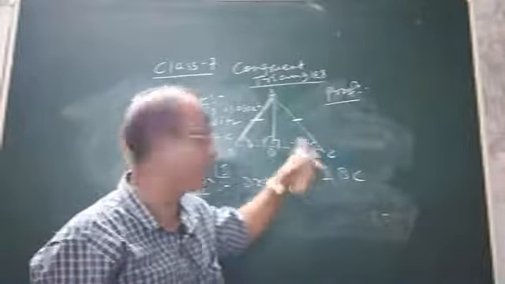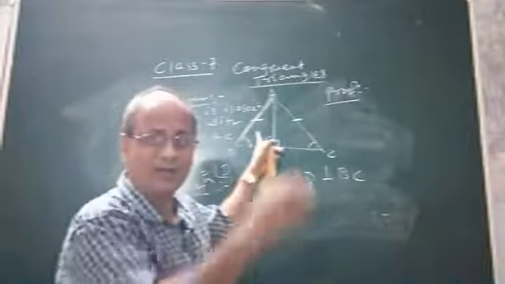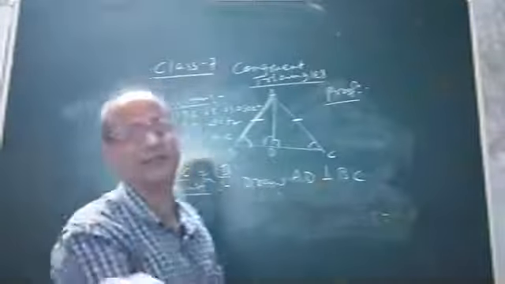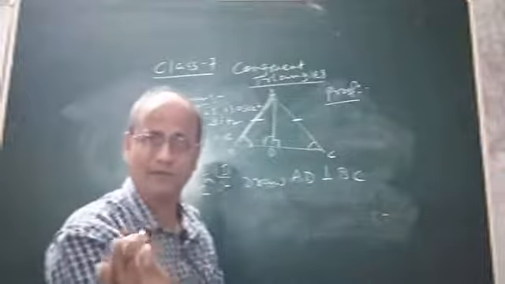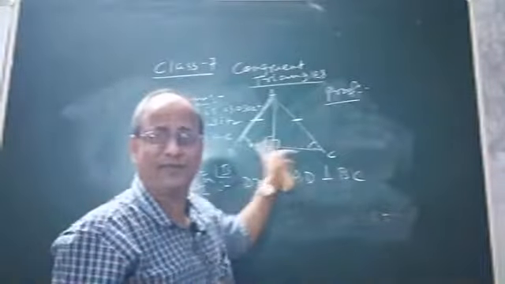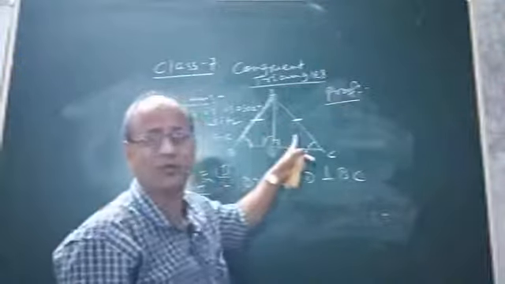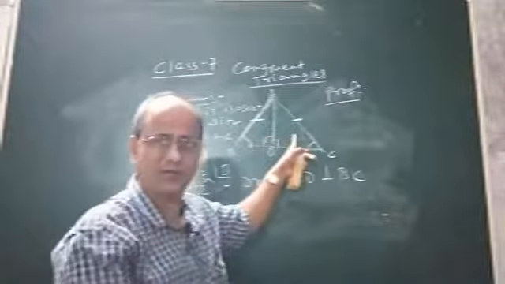by CPCT, because just as I told you, if 2 triangles are congruent by any condition, then their corresponding parts left become automatically equal by CPCT. So in order to prove angle C equal to angle B, we just need to show that this triangle and this triangle are congruent by some condition or criteria. Okay, let us prove it.